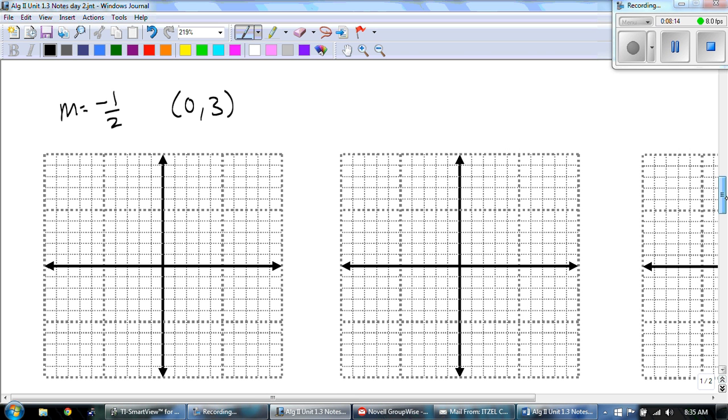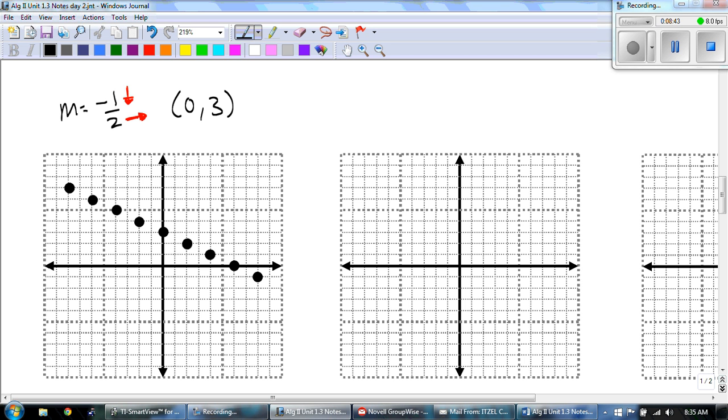Sorry, I wrote that right there just so I could still see the graph. The one thing I noticed right away is that my slope is negative, so I'm going to be going down 1, and then I always run to the right. So at (0, 3), that's where I start. I go down 1, over 2, down 1, over 2, down 1, over 2,